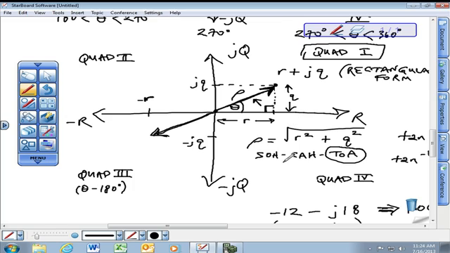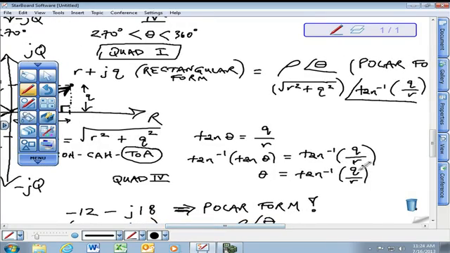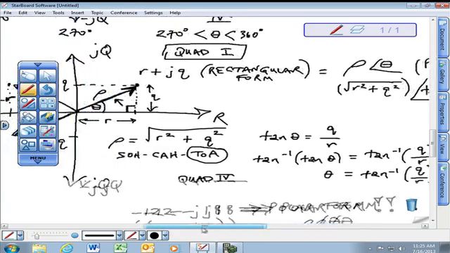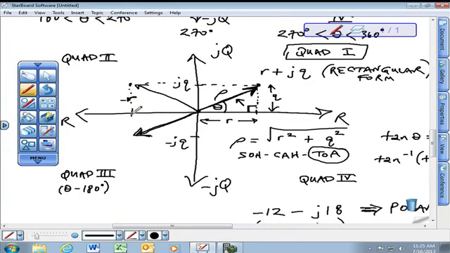Likewise, what if we were in quadrant 2? Let's do this example, right? So take a look. Here we've got a negative real and a positive imaginary, right? Actually, if you're in quadrant 2, it would be a positive q divided by a negative real. Positive q divided by negative real, you come up with a negative value, which looks a heck of a lot like what? If you were in quadrant 4,